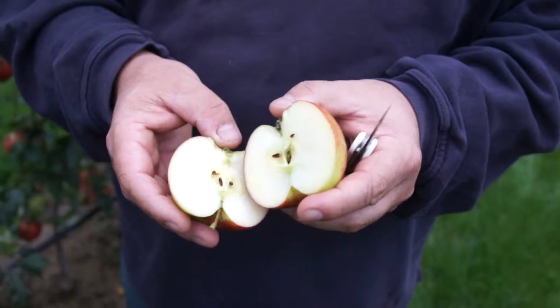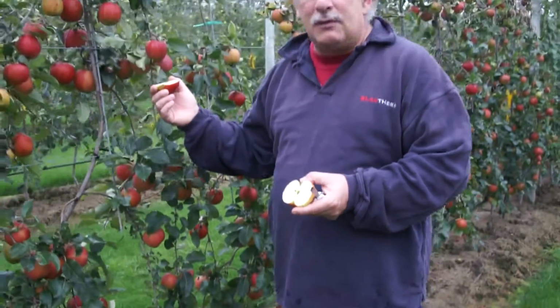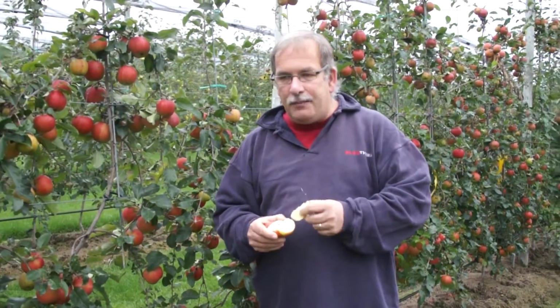You see the seeds already brown, so you can pick this apple if you want, but you can also leave it for 1 week on the tree. To eat it now, very juicy,